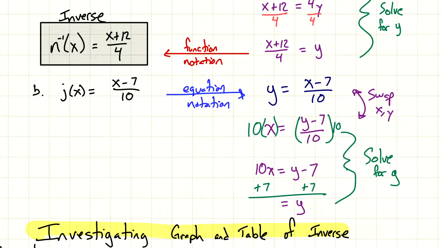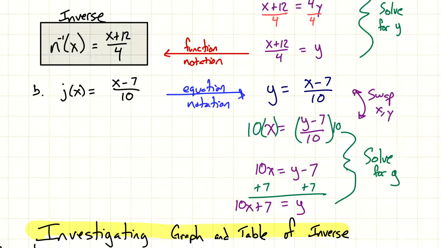Don't make the mistake of adding 10 and 7 together. Those are not like terms. And make sure you put your x's first. So this is going to be 10x plus 7. And that's it. Now we just have to write it in function notation,